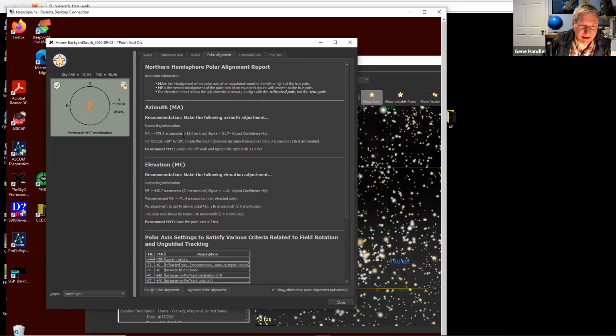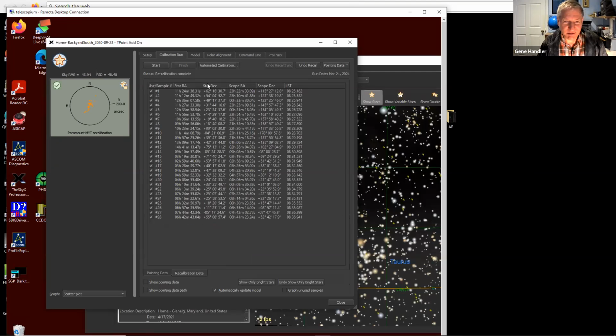But the idea is, I guess the one advantage it has is you don't need to be able to see Polaris, although you do have to start with your mount pretty close to Polaris. But you can do that like with a compass and getting the elevation right. But what you do is it will do an automated calibration run.